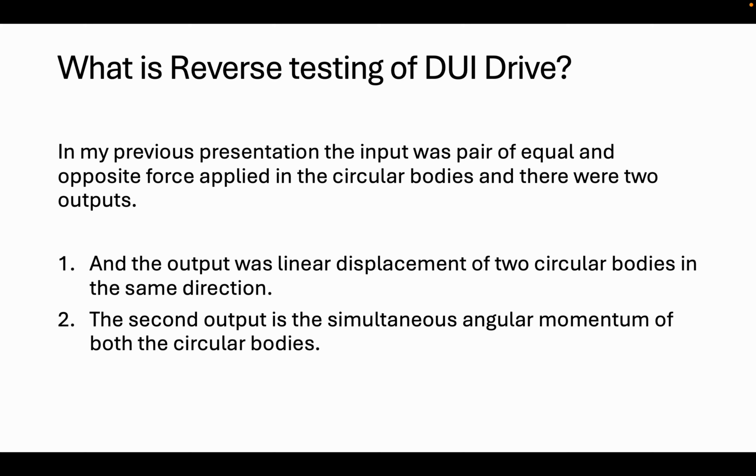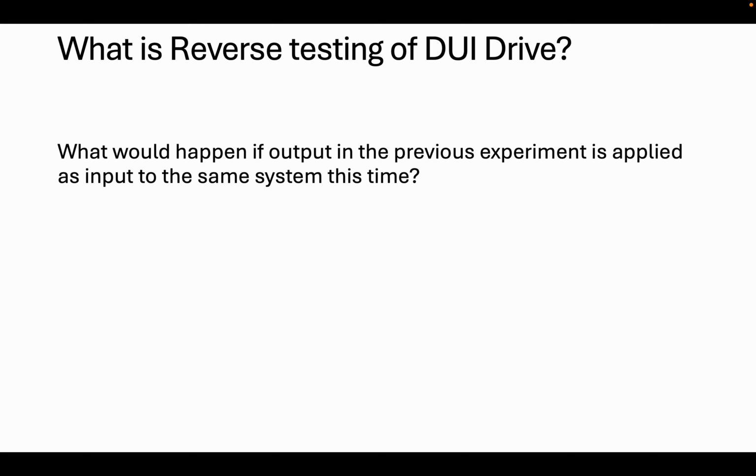Actually, reverse testing means the output in the first experiment is now given as input. Not exactly, but it's somehow like that. It's a way of getting the same output from a different method. This makes the DUI drive a proof that it works from another angle too, and it's something like reverse testing too,